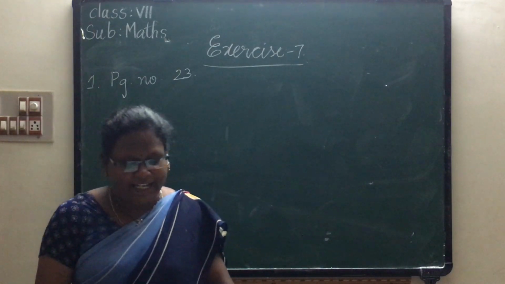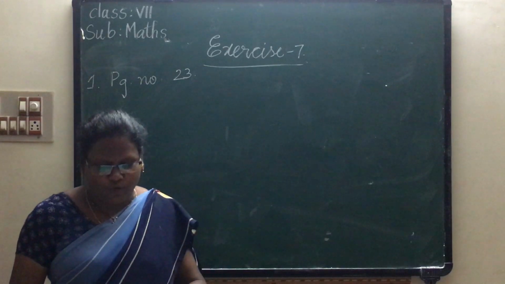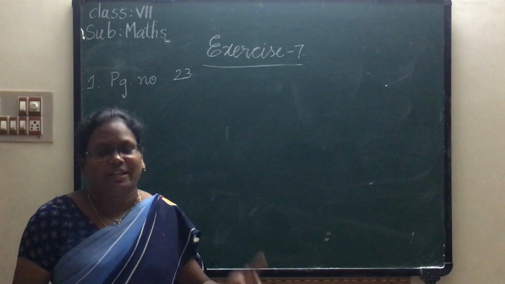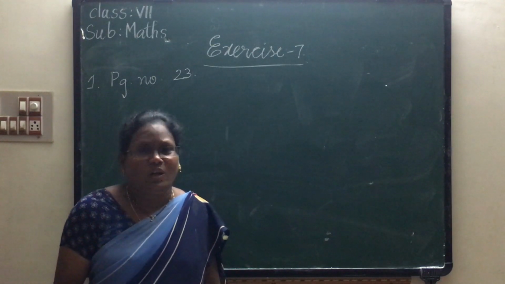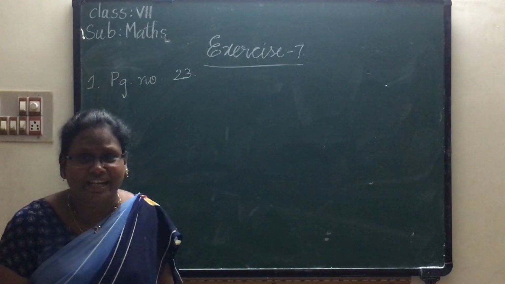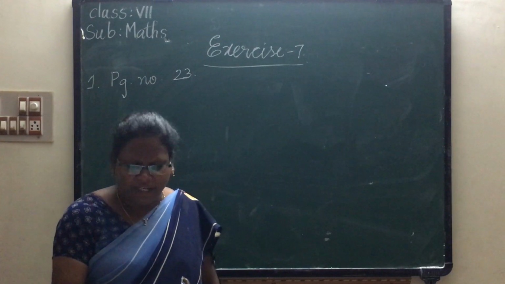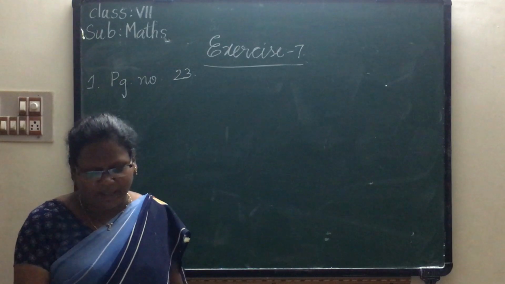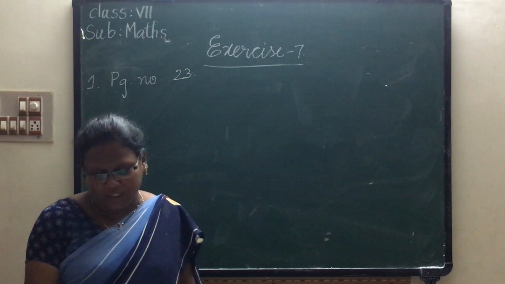See children, in a class test containing 15 questions, every correct answer is given 4 marks, and every incorrect answer is given minus 2 marks. Bharati attempted all questions, but only 9 questions are correct. The remaining are incorrect. What is her total score? One of the friends, Hema, attempts only 5 questions, all correct. What will be her total score?